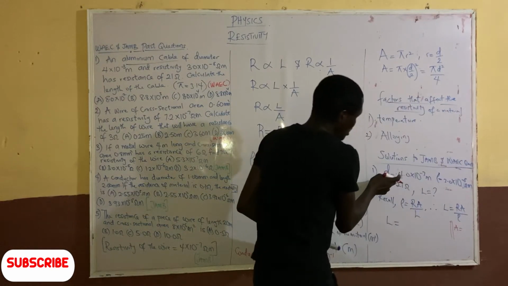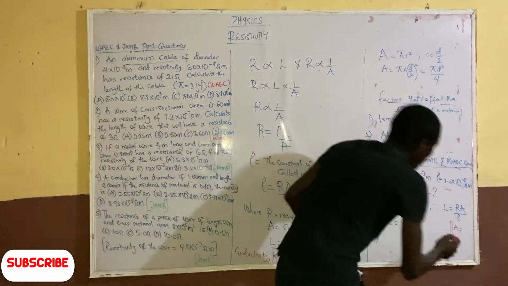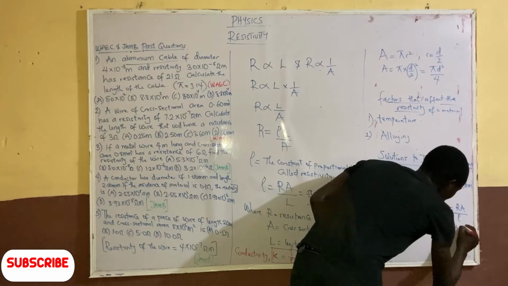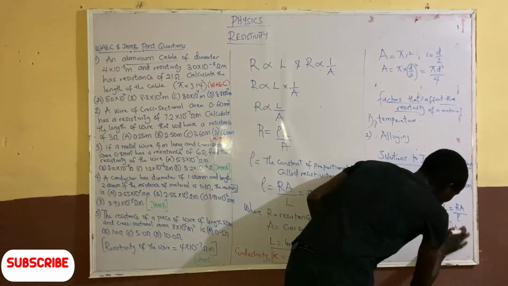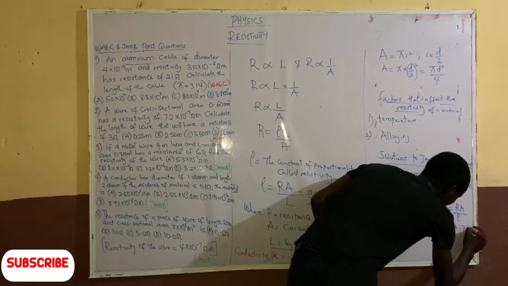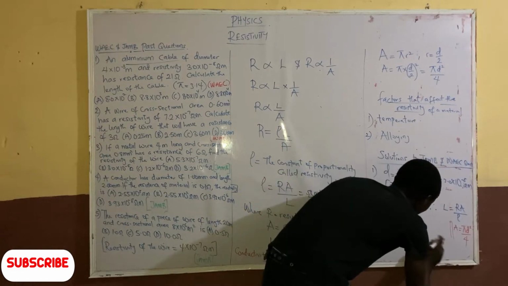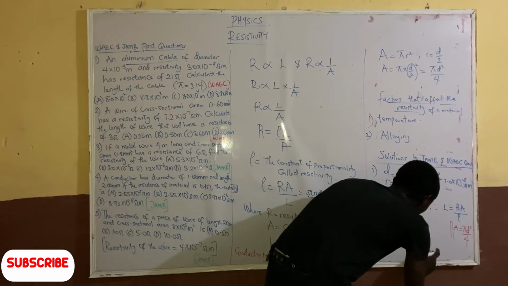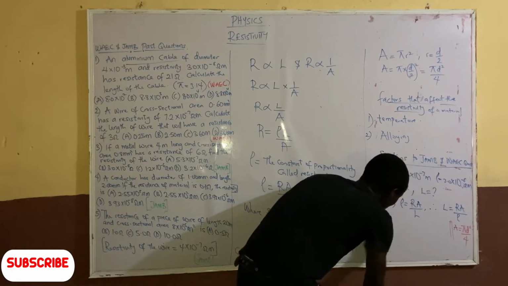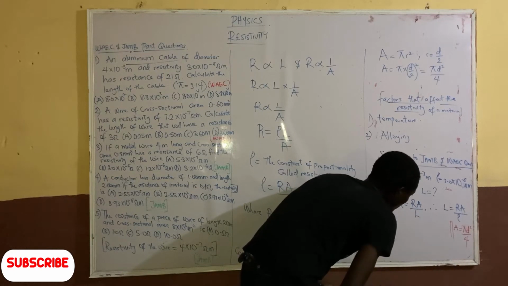Since we are given the diameter, and the cable is circular in shape, A is equal to pi d square all over 4. And let's quickly calculate the area before substituting here. So area is given as